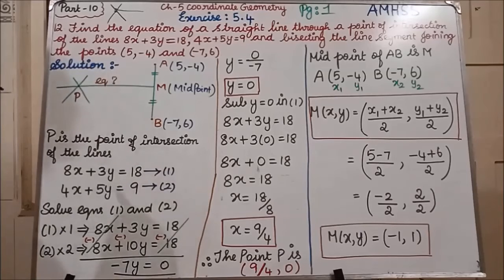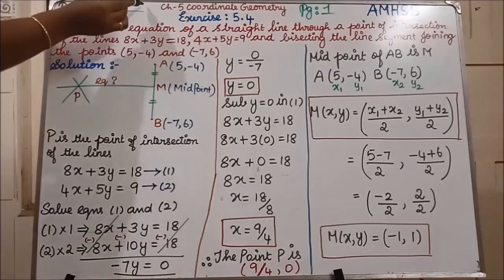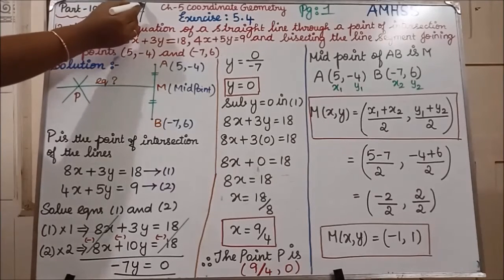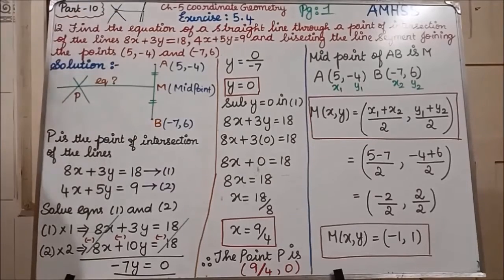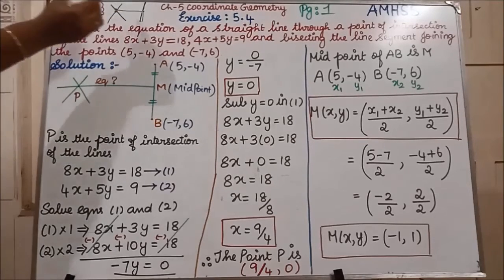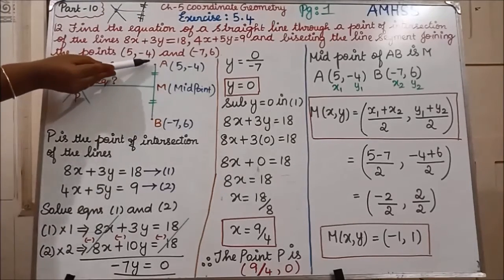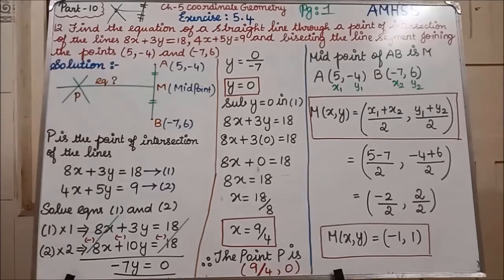Okay, and bisecting the line segment. Okay, bisecting, in this line one line is bisecting. Bisecting means what I have told you in previous videos. Bisecting means the line which divides into two equal halves. We have learned, isn't it? So this line from here to here, if it is 3 cm, similarly from here to here it will be 3 cm only. See here what measurement you are having, 4 means then here also will be 4. See AM is 3 cm means then MB is also 3 cm. Bisecting means the line which divides into two equal halves.